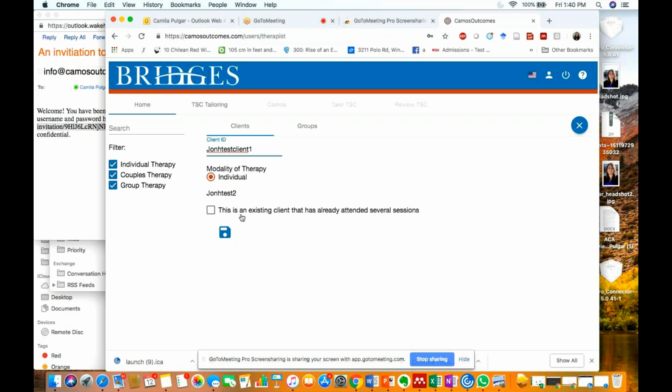Okay. There you go. So this box here, if you check that, the purpose of this is if you start with clients who are already in treatment by the time you start the study, you check that box and indicate the number of sessions already attended. That way in our data on the back end, when you export it, you'll know, okay, this was their first session in terms of taking the surveys, but they've actually attended 5. Cool. So if you hit save there at the bottom,